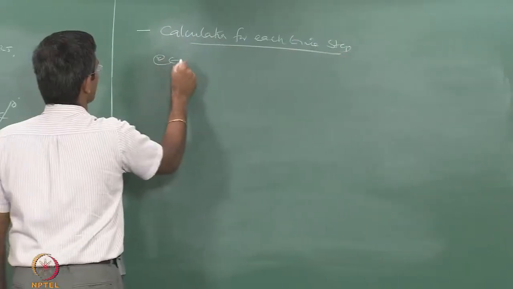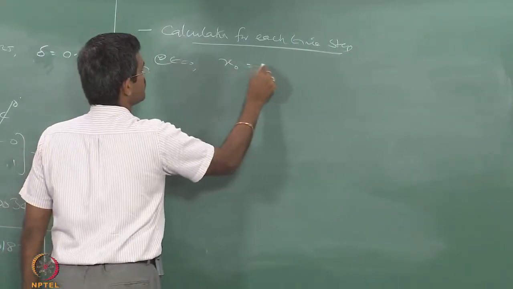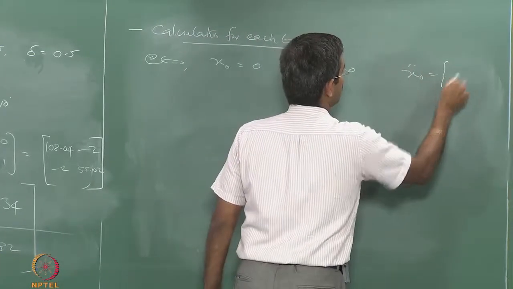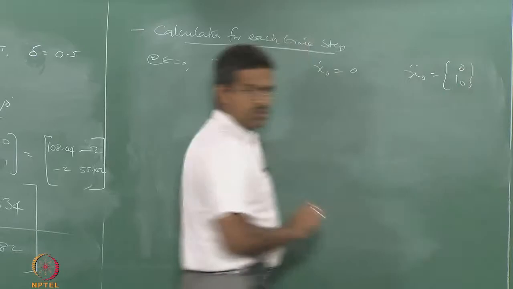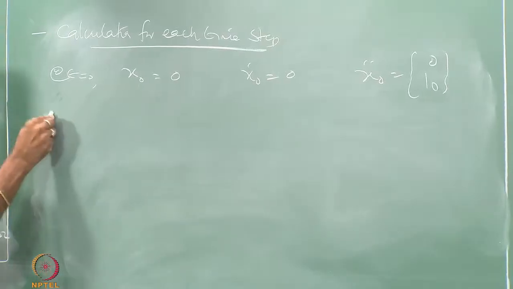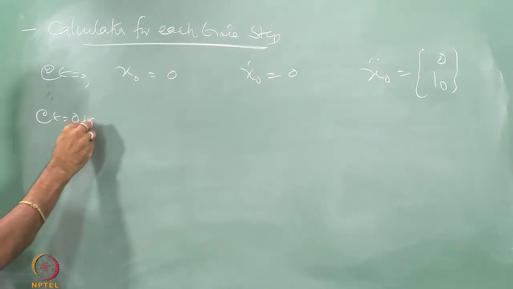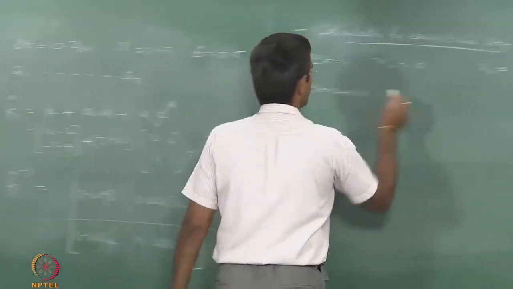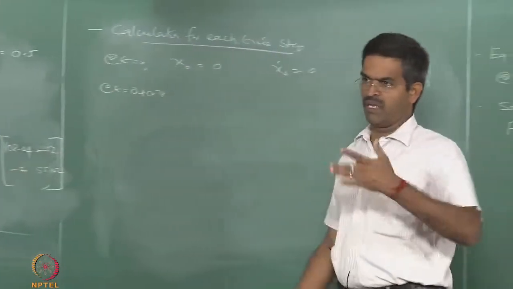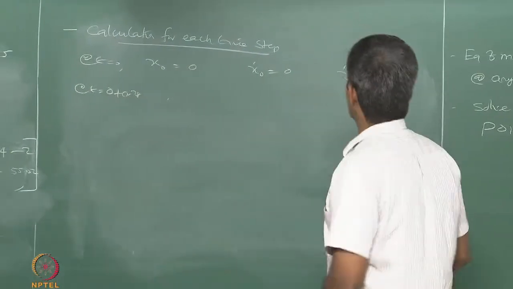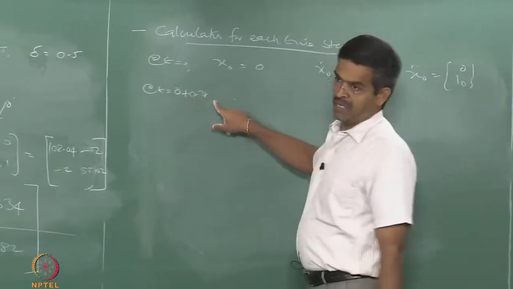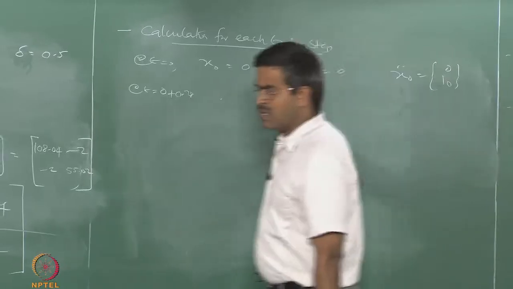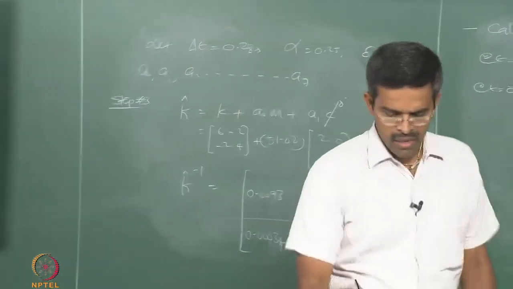So at t equal to 0, I know x0, x dot 0, x double dot 0. Now I want to find at t equal to 0 plus 0.28, that is 0.28, I want to know this. So already you have the equations given to you in step number 3 or 4 given by the manager. So you can easily find out x at t plus delta t, x double dot at t plus delta t, and x dot at t plus delta t, and keep on. Let us see the scheme here easily, which can be done in MATLAB.